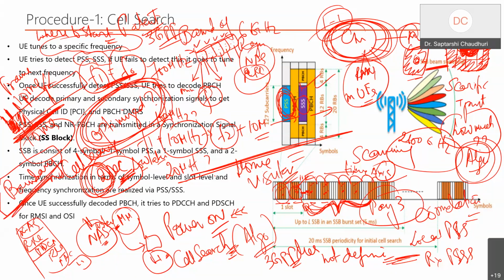Now, not finding has many implications. It may be that this is a little longer, or the correlation is not happening, or a retransmission of the frequency has happened. A lot of things can happen in the practical scenario, and this is where the innovation kicks in, just in the simple cell search part of it.